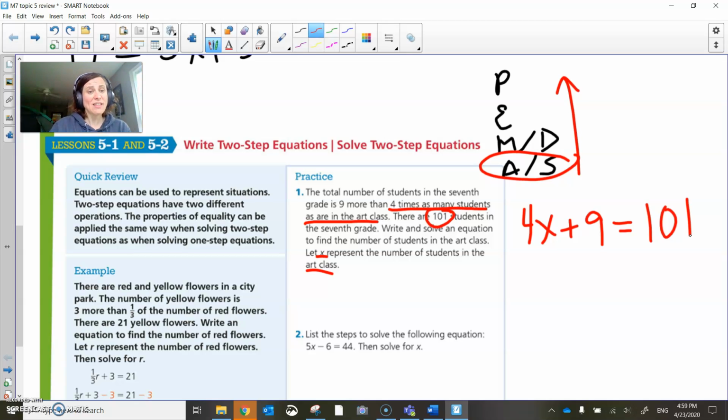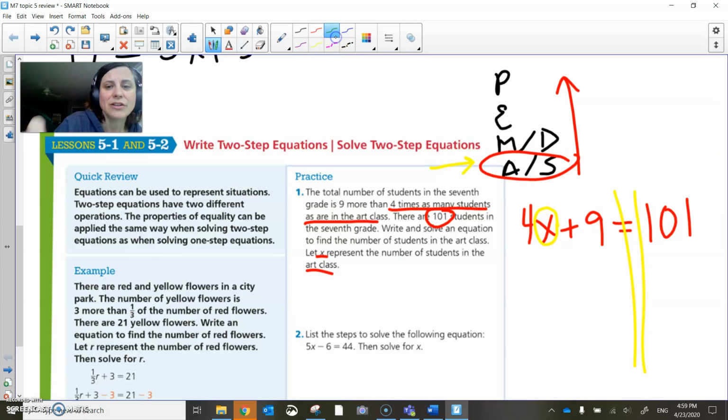So we got to solve this. The number of students in the art class is x, and that's what we're trying to figure out, how many students are in art class. And again, I'm trying to draw train tracks around the equal sign there. We've got a left side and a right side of the equation. We're trying to get x alone. The first thing that we're going to look to get rid of is anything that's being added or subtracted to the x. And we've got a 9 being added. So we're going to start off by subtracting 9 from both sides. That ends up giving us,